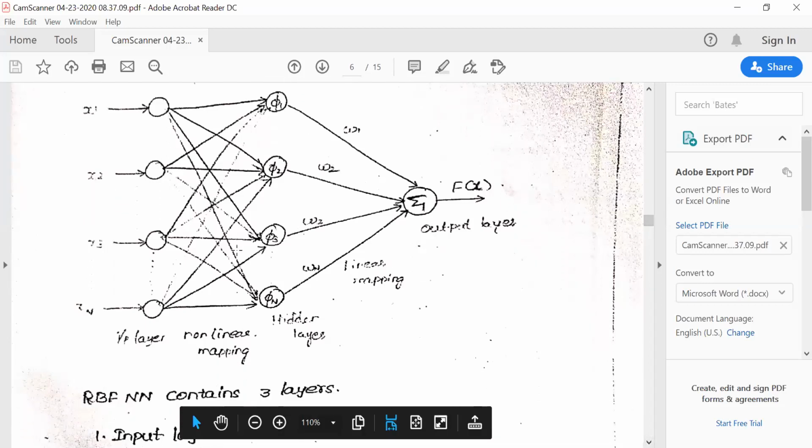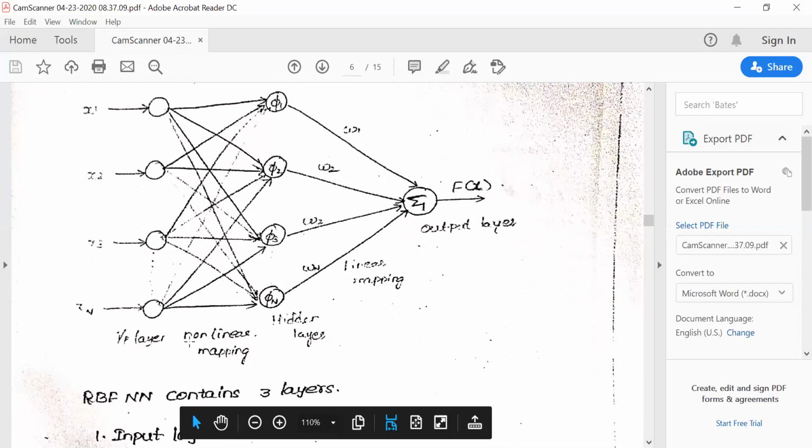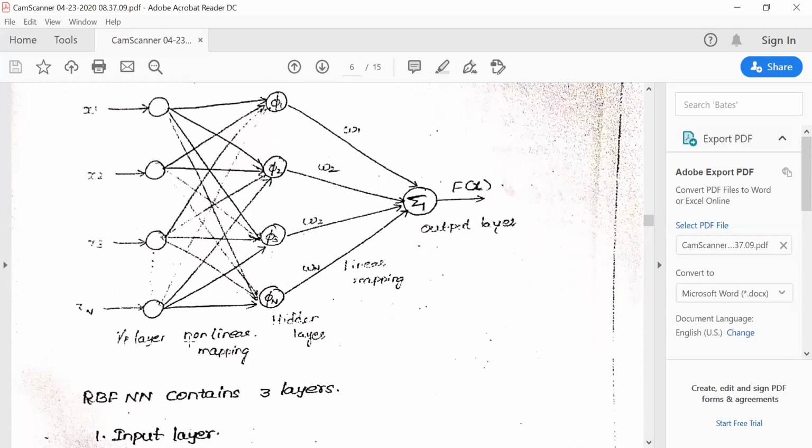What you need to understand is, look at this. This word you need to remember. The connections from input layer to hidden layer always perform a nonlinear mapping, which is nothing but we convert the input space into some other space which may be of the same dimension or higher dimension. That is what is done at this step. And once they are available in higher dimension space, we can find a solution by using a linear mapping. It's a normal solution. You can use a perceptron model also.